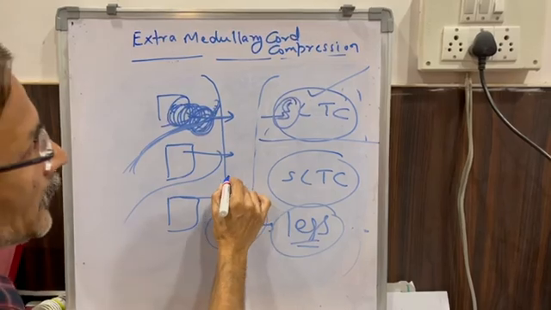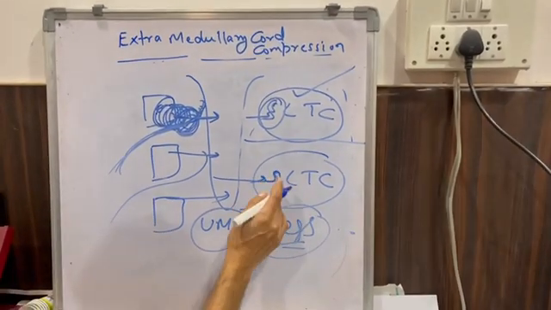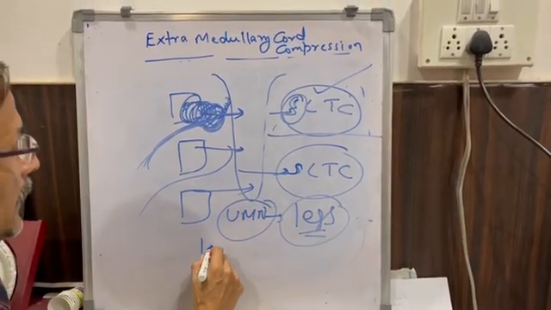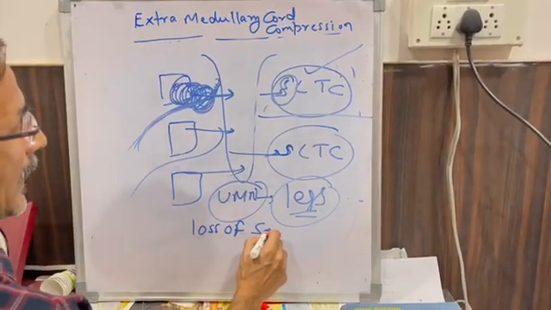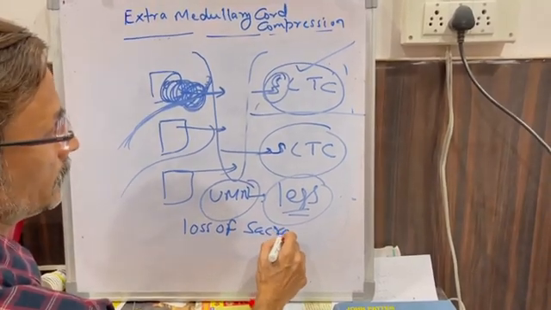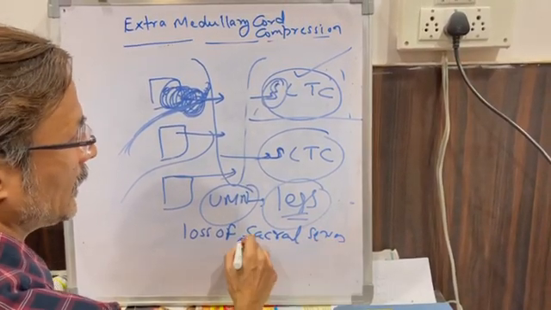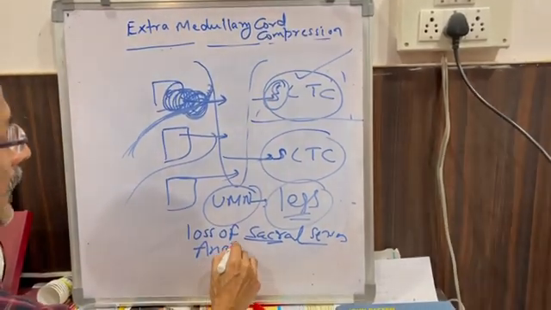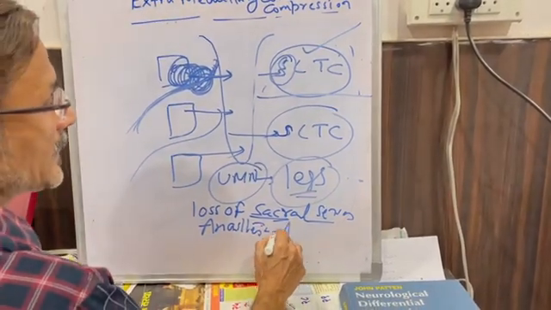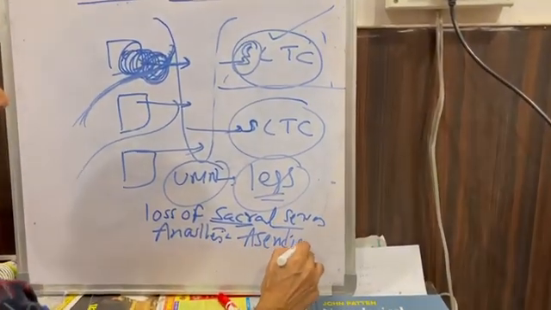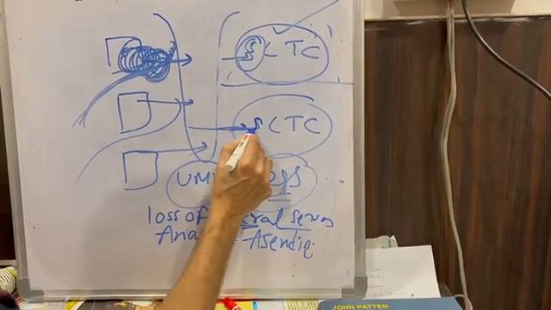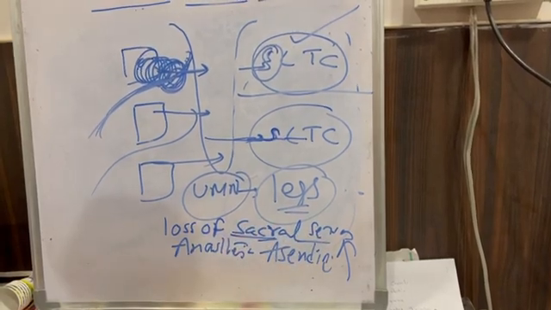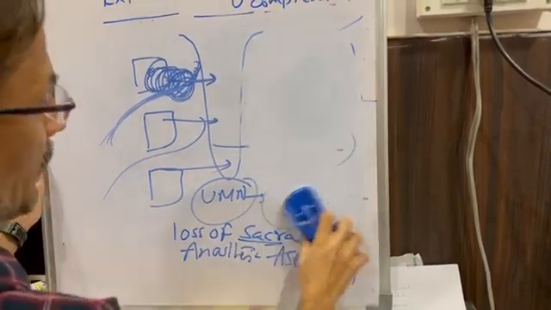Now let us talk of the spinothalamic tract. What happens? Again the sacral fibers are lateral. So there will be early loss of sacral sensation. Sacral senses are early involved. And the anesthesia is an ascending type. Ascending anesthesia, because as the compression progresses, sacrum, then lumbar, then thoracic. So there will be an ascending anesthesia with early sacral involvement. This is another clinical feature of extradural cord compression.